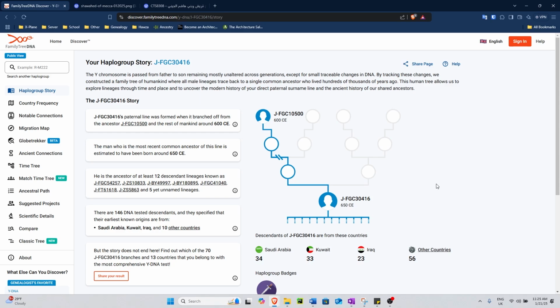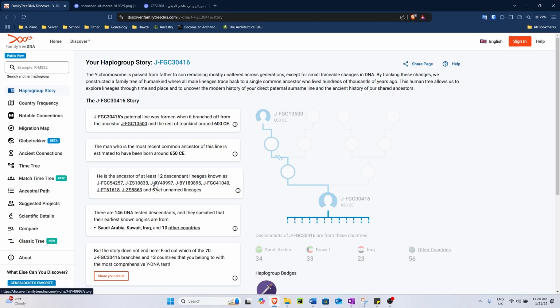We see below this that there are 12 descendant lineages, but of course this does not mean 12 sons of Imam Sajjad alayhi salam. This rather means 12 different families belonging to this mutation, and there are T2T mutations between it, representing men like Hussein al-Asghar and Umar, the sons of Imam Sajjad alayhi salam. And there's of course Zayd al-Shahid, FGC 54257, and the supposed Imam Ja'far al-Sadiq alayhi salam mutation, which we will take a look at next.